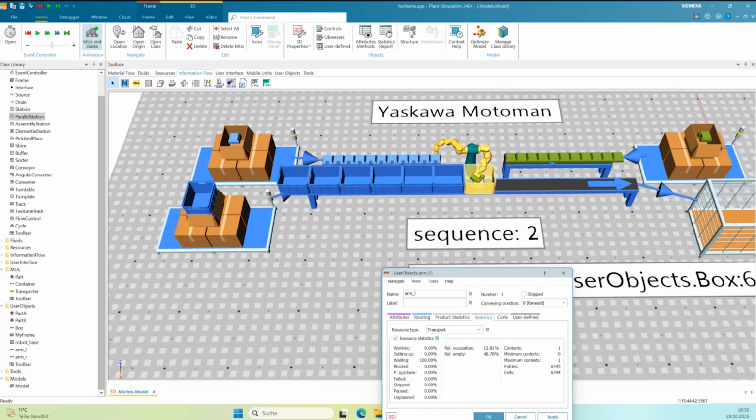Okay, it's not only animation now. It's the real movement of the robot, but in the level of compound operation if you compare this with Process Simulate. And so you can really model complex robot tasks with several steps up to a tenth of a second, but not with each single step.